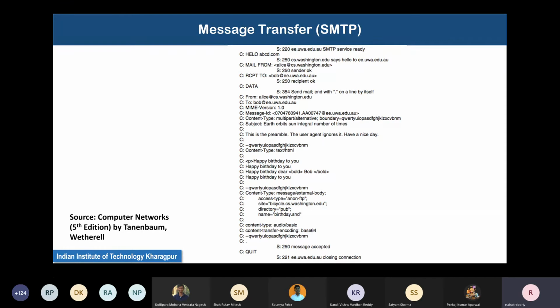Now there can be a situation where the server, depending on the application of course, does not have a meaningful string like this, 250 cs.washington.edu says hello to, to send back to the client. That can happen. In that case, it will only send back the TCP acknowledgement, the transport layer acknowledgement, of the segment that was received corresponding to helloabcd.com.